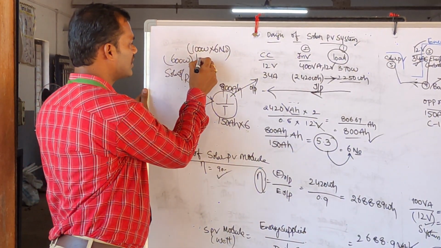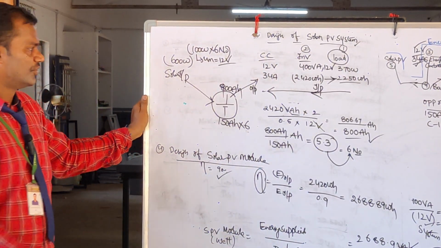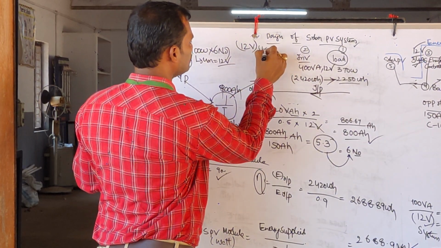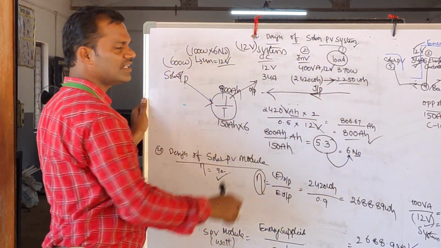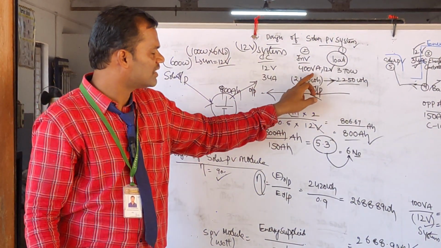And what is the output of this? What is Vm and Im of the solar panel? Vm should be 12 volt system. We can see here this complete system, which kind of system? Solar system of which kind? 12 volt system. Since it is less than 1 kVA, you can see the rating of the panels,